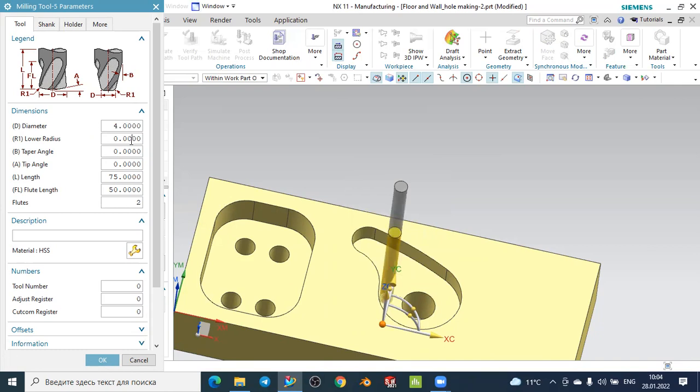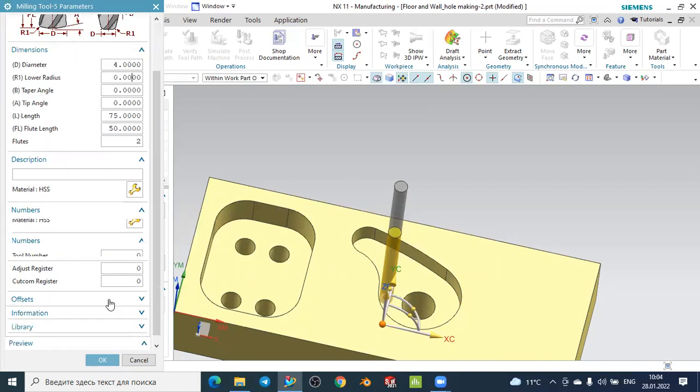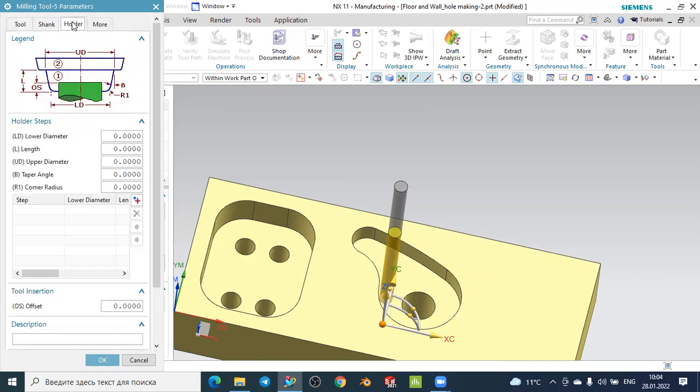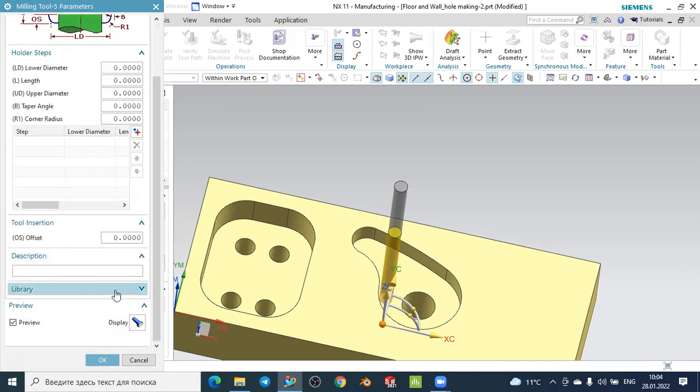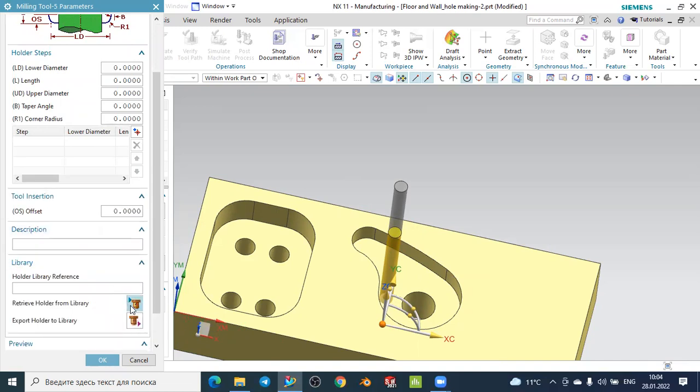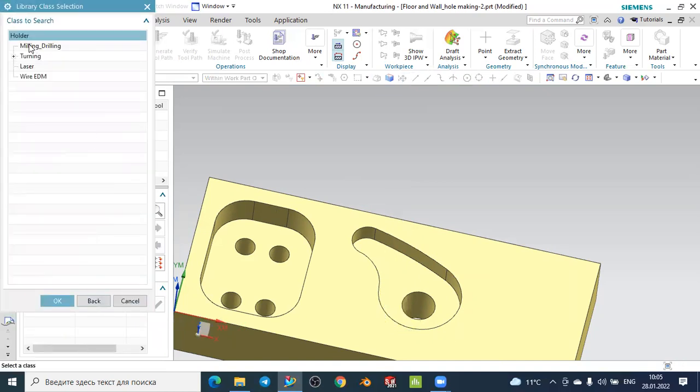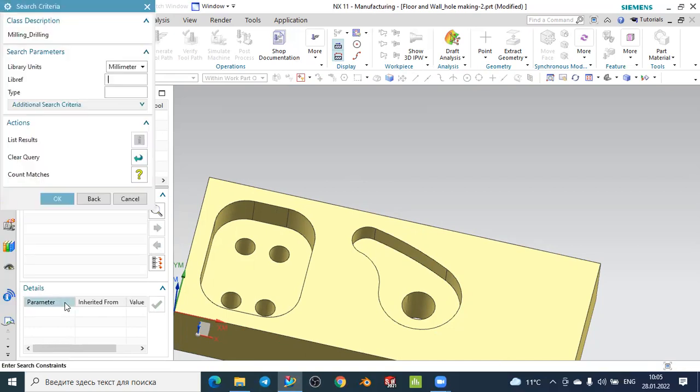So let's keep it 4, and let's keep the other values like this, and we can create the holder from the library. So go to the library, retrieve the holder from the library, and just select the milling operation since we are in milling, and press OK, and just press OK again,